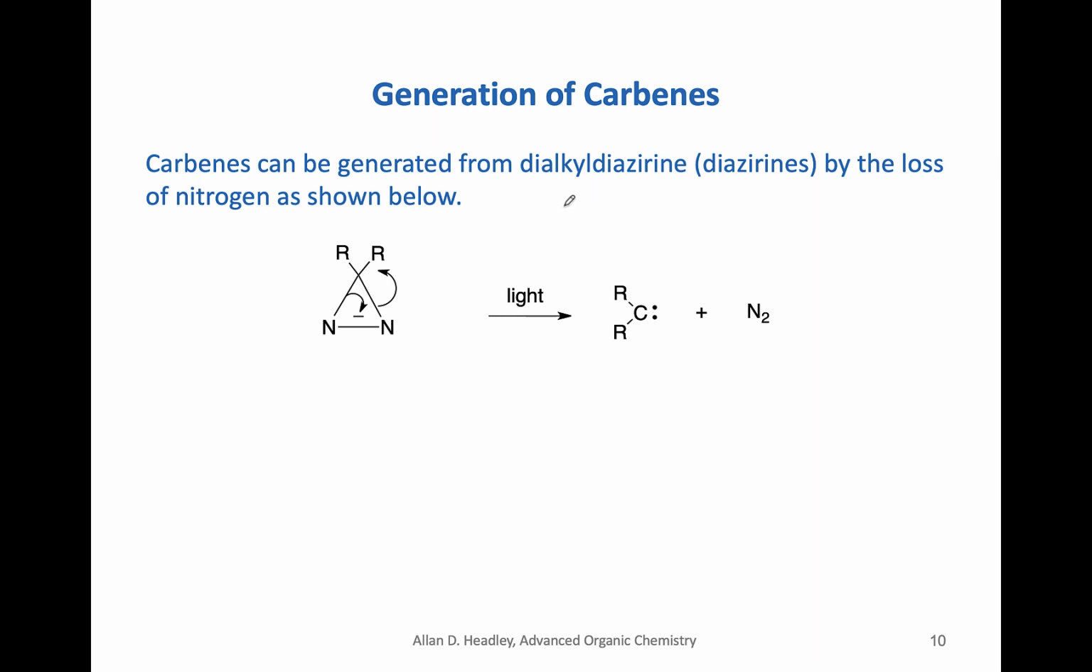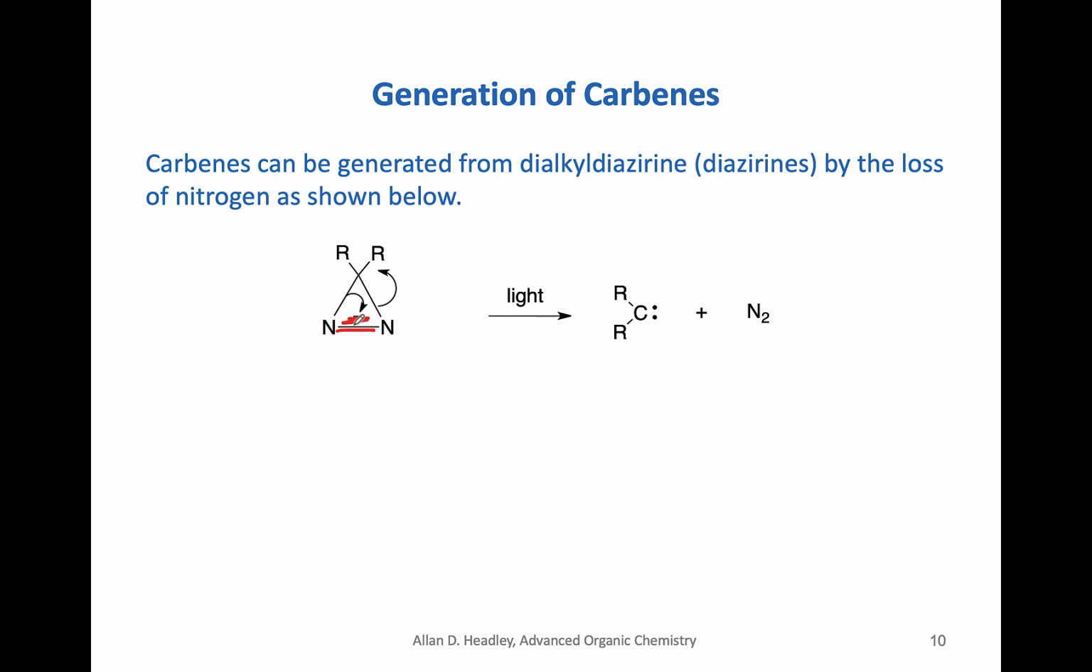Another type of compound that can be used to generate carbenes is the dialkyl diazirine. The diazirine. Here is the structure. It's a nitrogen-nitrogen double bond in a 3-membered ring. As you can imagine, it's very, very unstable because of the steric strain that's here. But let's see what can happen. Here we have